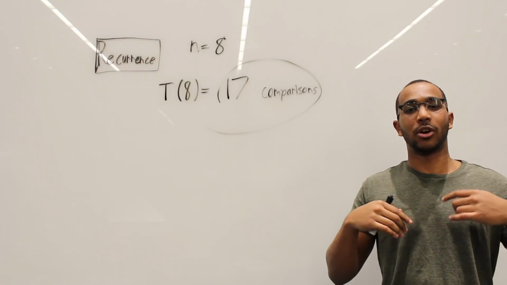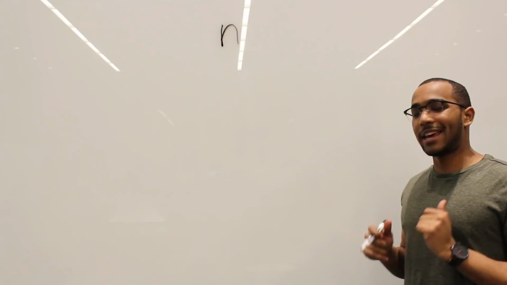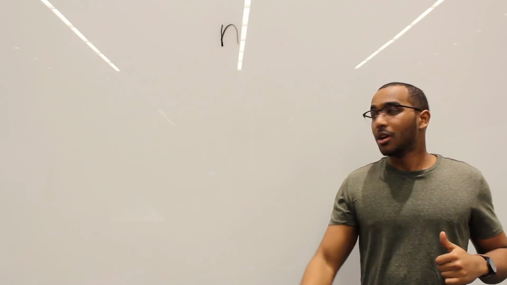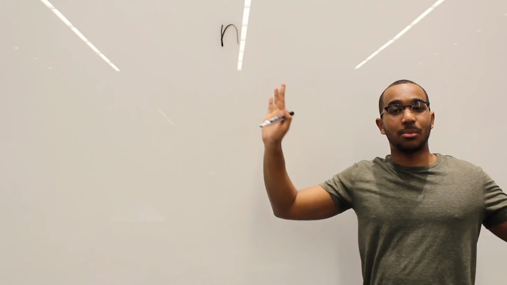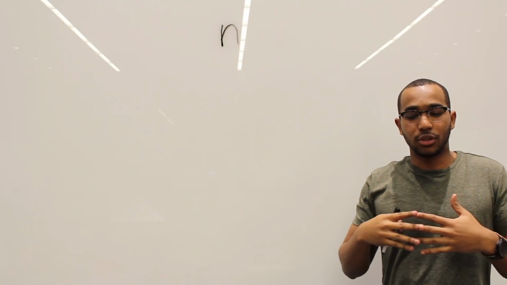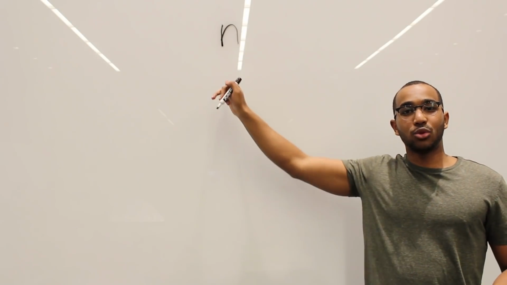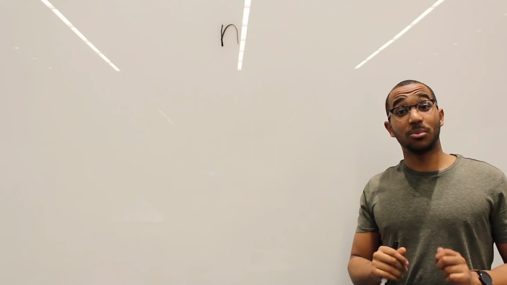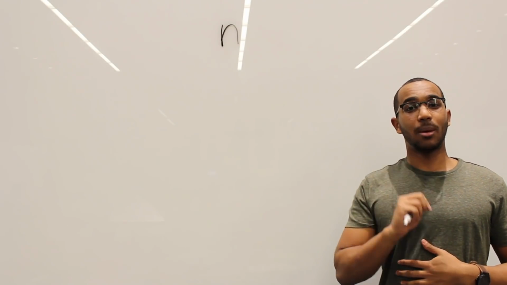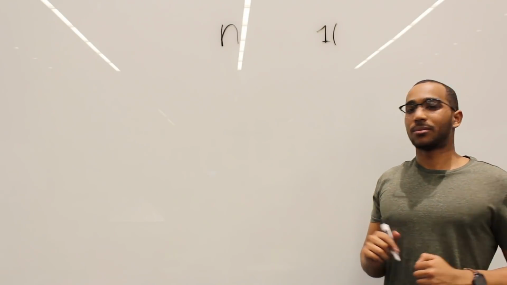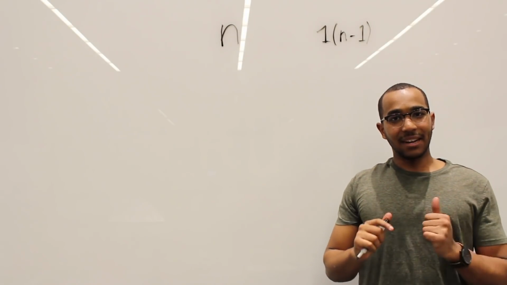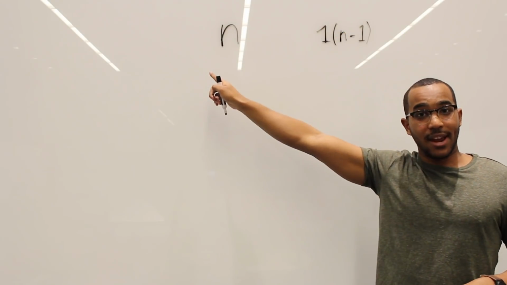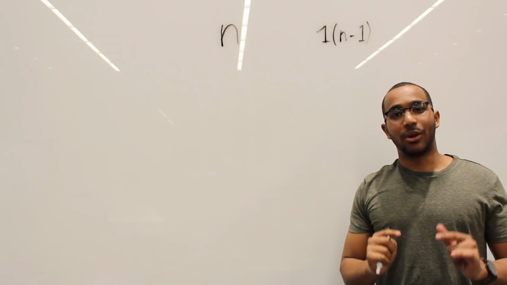So let's return to our recursive tree. Okay, so now let's take ourselves to an investigation of the amount of work done at every single level. So at the first level, n is my input. How much work am I going to do at this level? Well, all I have is one subproblem. And remember, we know how much work we do at each subproblem, which is going to be n minus 1 comparisons. So one subproblem and n minus 1 comparisons. And I don't want you to be tricked by n. N means the size of the original input. This n here is this n there. So I want you to remember that as we branch this tree.